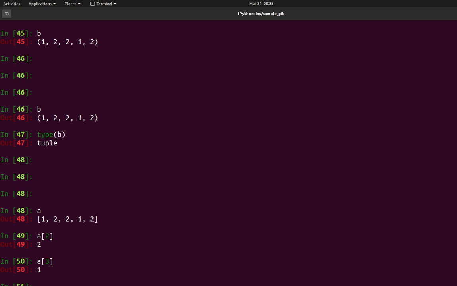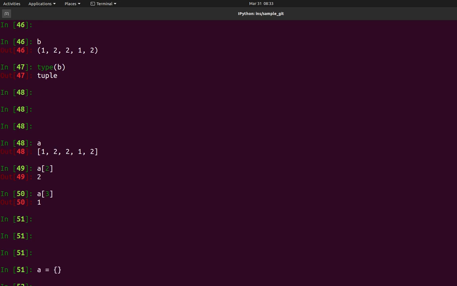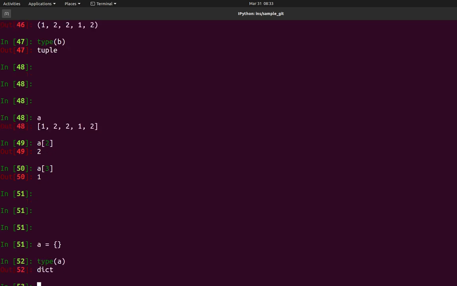Let's say you have a list of 100 elements. You can't remember each element's index. So if you don't know the index, you cannot retrieve the element value. That is the major problem which has been there from the start. So what the developers did, rather than solving this problem, they just created a new data structure where we can avoid these problems. Those are called dictionaries. Dictionaries are also defined in curly braces.